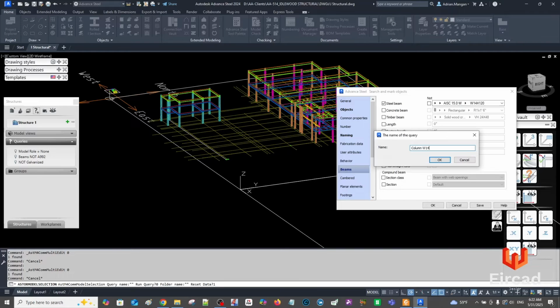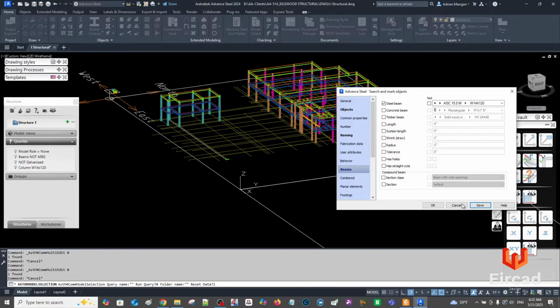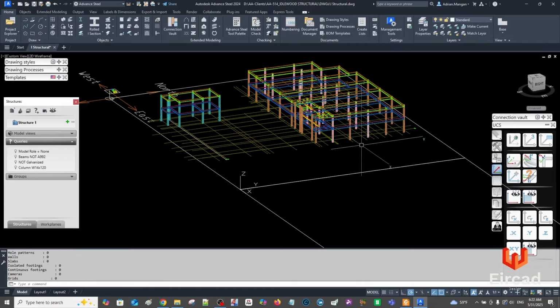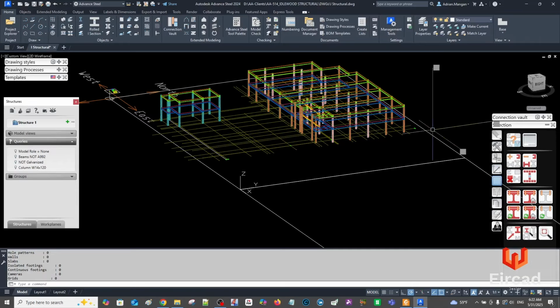Now, I'm sure most of you know this already, but now you can see they've all gone white. The ones that are 14 by 120. Right now they are selected but not highlighted. So if I highlight them,